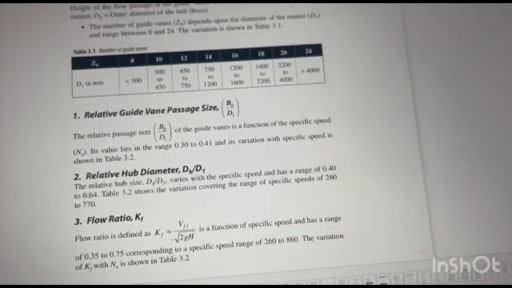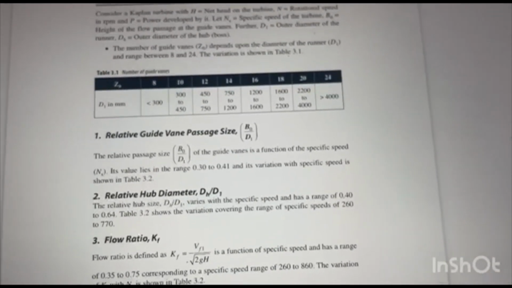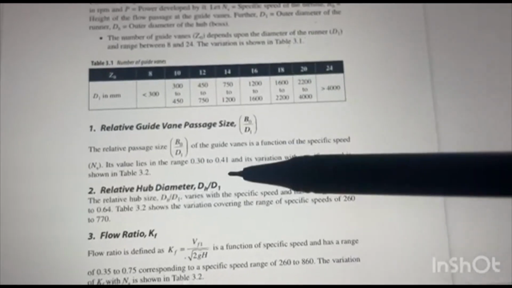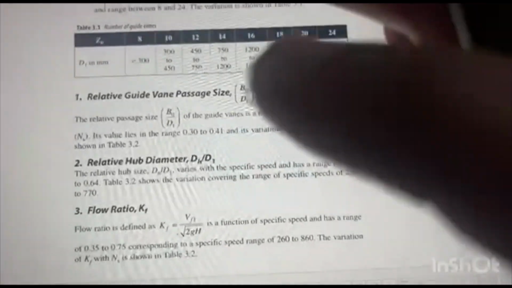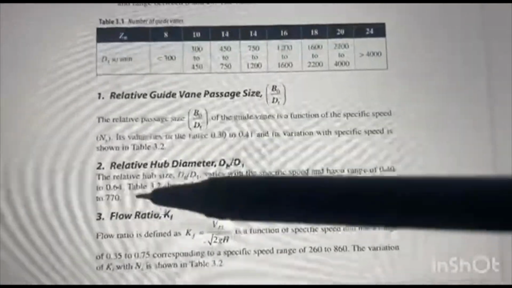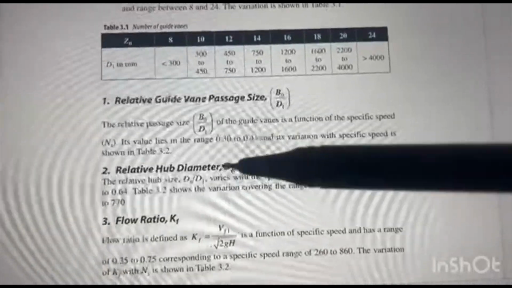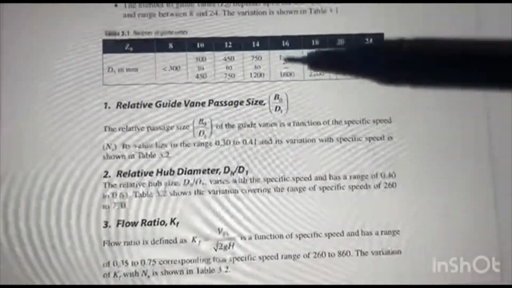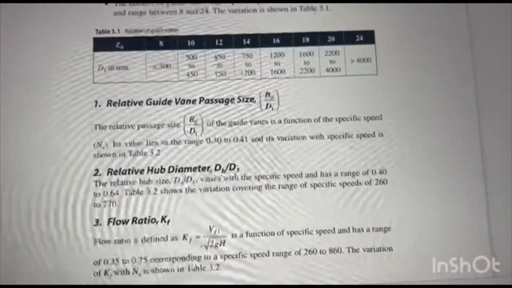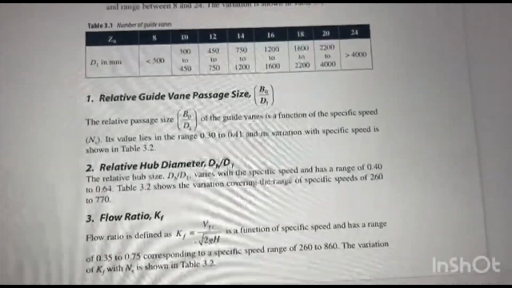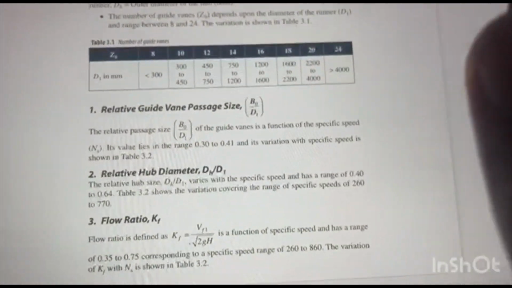इसमें फर्स्ट है रिलेटिव गाइड वेन पैसेज, इसका फार्मूला B0 बाई D1 है। B0 हमने पहले ऊपर देख रखा है, हाइट ऑफ द फ्लो पैसेज एट द गाइड वेन्स, और D1 डायमीटर है। इसकी रेंज होती है 0.3 टू 0.41। आगे जाके एक पूरा टेबल दिया है, उसमें बहुत क्लियर हो जाएगा। सेकंड पॉइंट है रिलेटिव हब डायमीटर, DH अपॉन D1, DH हब का डायमीटर है, और D1 रनर का डायमीटर है। इसकी रेंज होती है 0.42 टू 0.68, और इसकी स्पेसिफिक स्पीड मानी जाती है 260 टू 770।